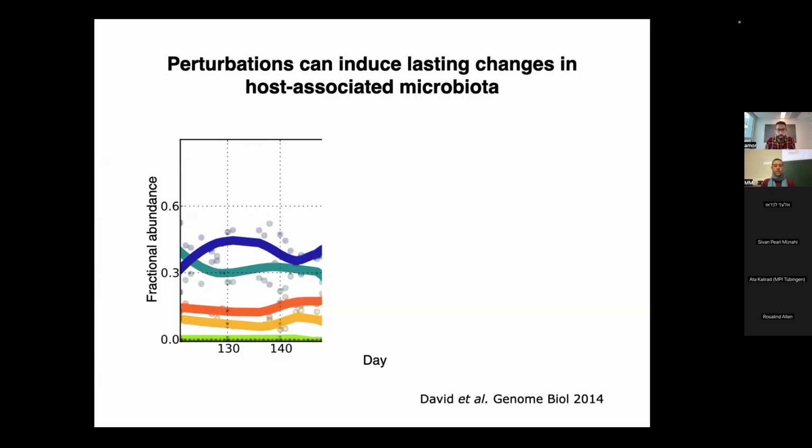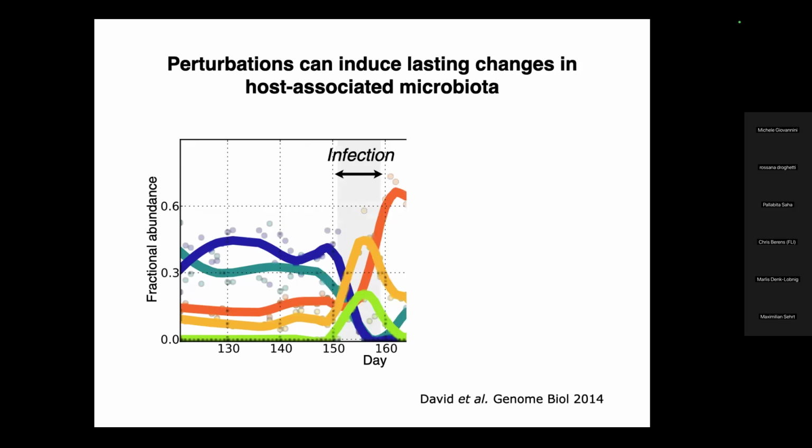I'm showing here the results of a study in which the scientists were monitoring the state of the microbial community in the gut of a human subject. And we see that for many weeks at the beginning of this monitoring, we have different groups of microbiota that are these lines in different colors. Each line is a group of microbes that have similar dynamics. And we see that the blue group here is dominating the system for several weeks.